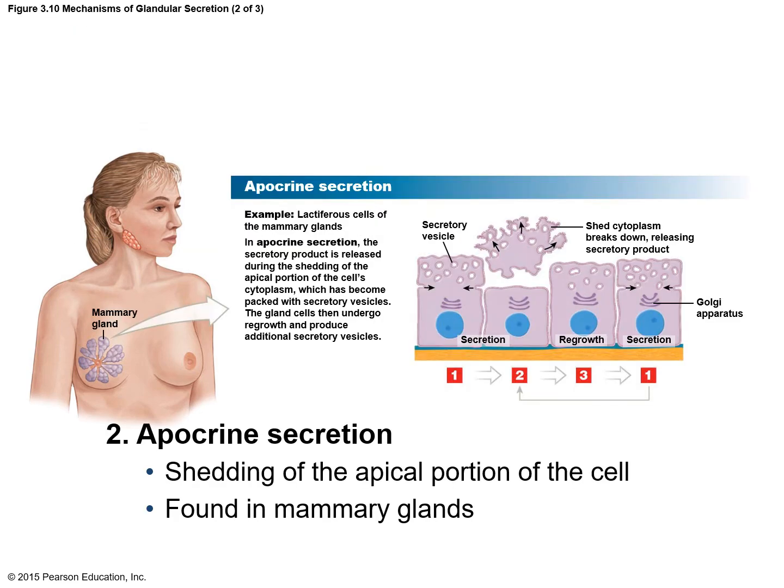The second mode of secretion is known as apocrine secretion. Apocrine secretion is commonly seen in mammary glands. In this type of secretion, it's only the apical part, that means the top part or the free surface of the cell, that is secreted. Here you will see that the Golgi apparatus releases the secretory vesicles. All the secretory vesicles start accumulating in the apical part, and then the entire apical part along with the cytoplasm comes out or is pinched off from the cell, and then this releases the secretory product.